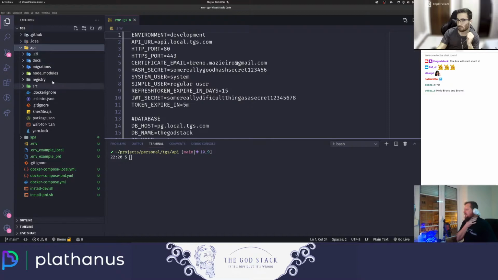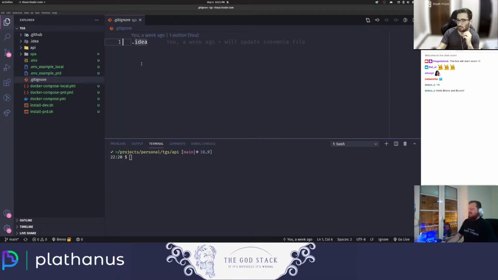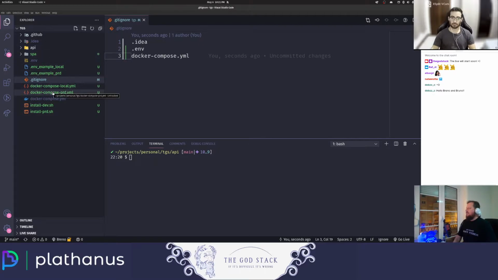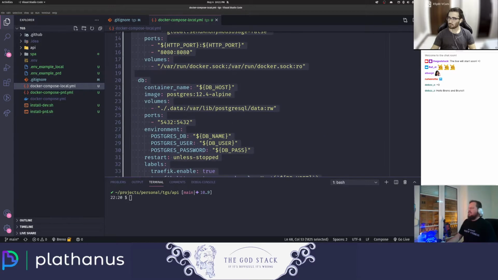Register, immigration, docs, SUI, everything's nice. So I just need to add here the .env and the docker compose YML. There you go. So we will not commit these two files. Nice. So we are working with the local development, and now we need to do the mounting point of the